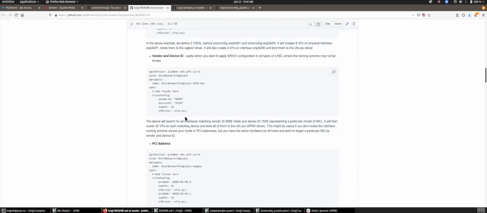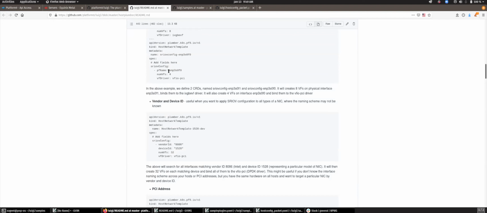Another way to filter is to use vendor and device ID. This might be useful if you don't know the naming of the NICs on your hardware, as it may not be eth0 or the same across all your nodes. You can target by device and vendor ID to say, all Intel NICs of this particular model, go and create 32 virtual functions and use the vfio-pci driver.